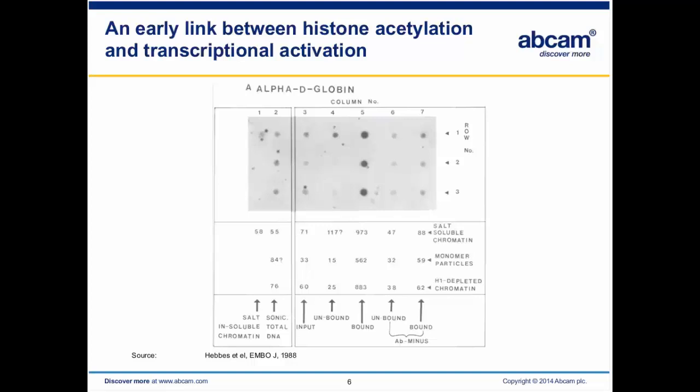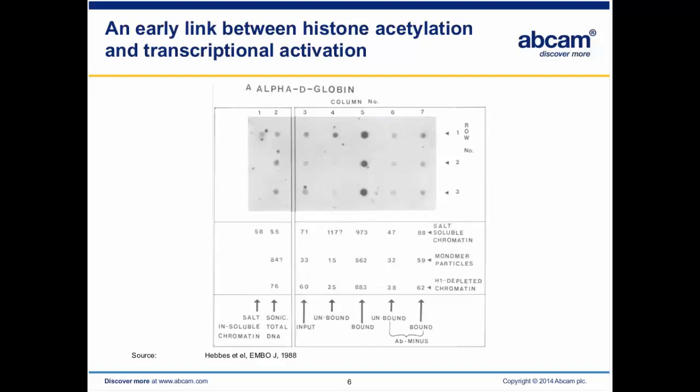After incubation with the antibody, the immunoprecipitation was carried out using formalin-fixed Staphylococcus aureus cells that had an active protein A in the outer membrane, so this was before there were protein A or protein G beads. They then dot blotted the DNA and performed a Southern blot for alpha-D-globin with chromatin from 3 stages of the